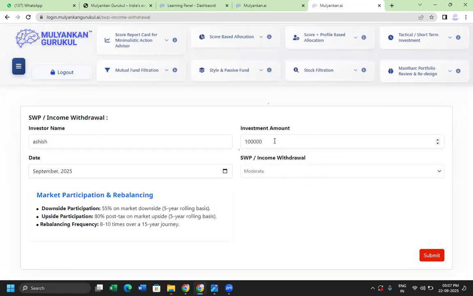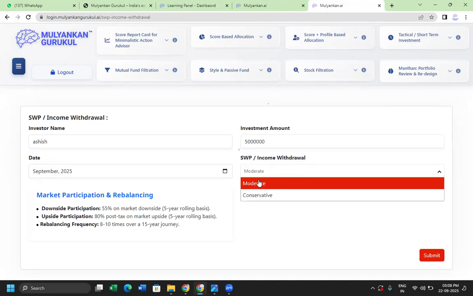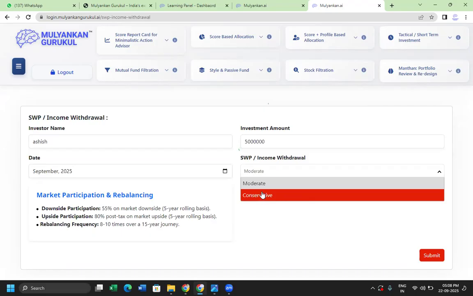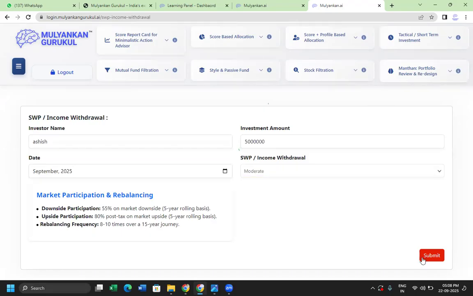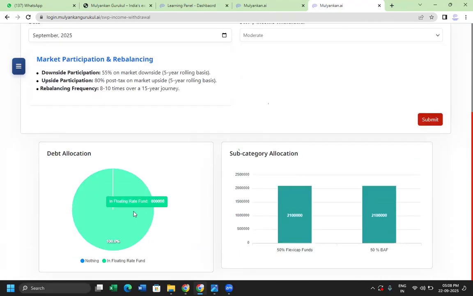ओके। कितना पैसा ला रहे हैं सर टोटल? चलो 50 लाख। जस्ट राइट 50 लाख। इन्वेस्टर मॉडरेट है कि कंजर्वेटिव? हमने एग्रेसिव बाय डिफॉल्ट नहीं दिया है एसडब्ल्यूपी में, मॉडरेट या कंजर्वेटिव ही है। ओके, तो मान लीजिए अगर वो मॉडरेट है, आप क्लिक कर दो, सबमिट दबा दो, it will tell you 50 लाख रुपीज में अभी